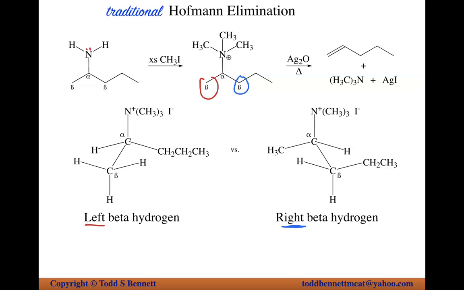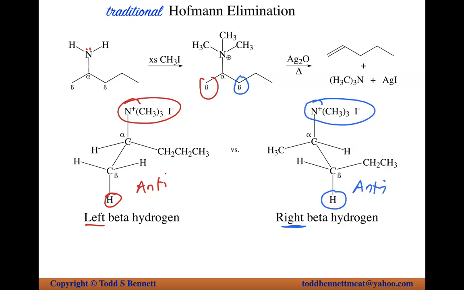So I have to have anti-alignment. It ends up, any of these H's can be anti-aligned. This group right here is anti this H, but if it rotated around, it'll be fine. So you have the leaving group and the H anti. On the other side, you have the H and the leaving group also anti, but, and this is the big but, it ends up that this group is gauche